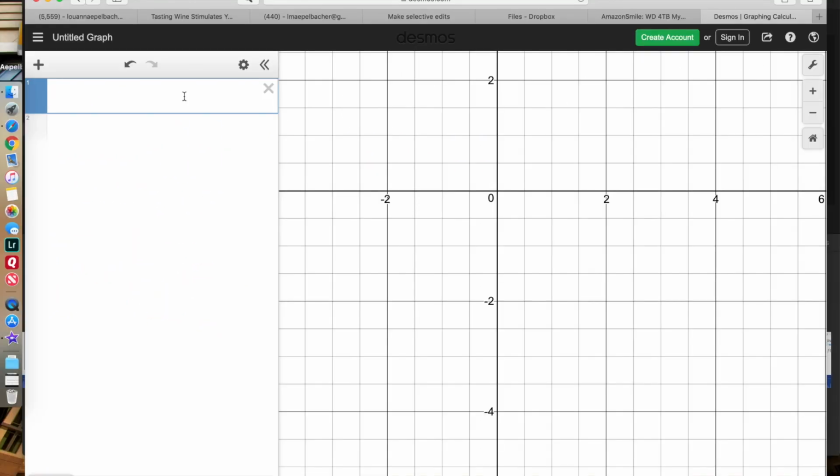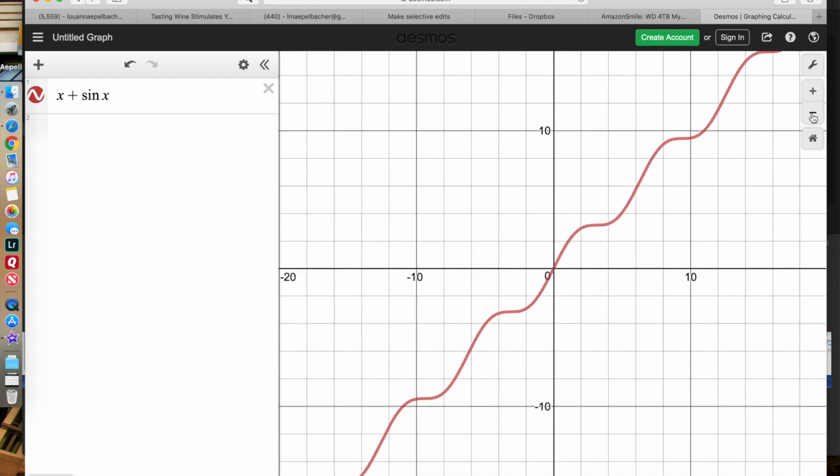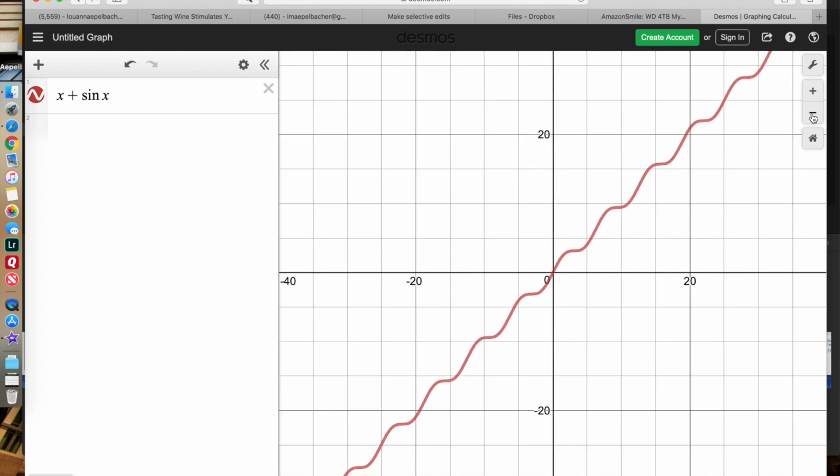This is the graph for number 9f, and that function says x plus sine of x. And I think I'm going to need to zoom out to give you an idea of how totally cool this graph is. If you look at the waviness, this little waviness here would rotate 180 degrees and match up with this little waviness here, and all of the little waves that are created by the sine graph, when you add them to the linear graph,